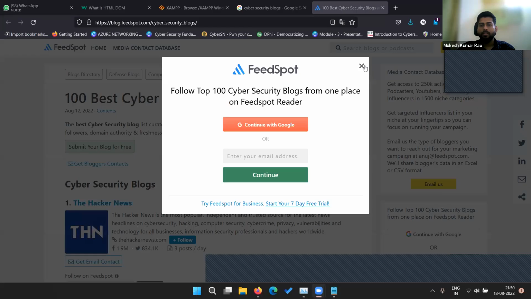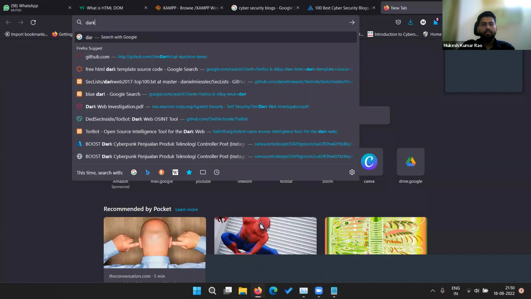Then we got, okay, dark web is there. Okay, yeah, exactly. We have to learn the OSI layer in depth so that you can understand the information. Okay, now we got one more question about the dark web and deep web. So if you talk about the categorization of the dark web and deep web, I think I will share the screen, then I can give a reference example. Dark web.